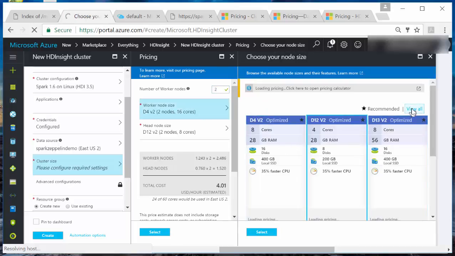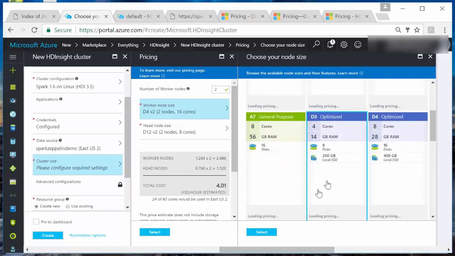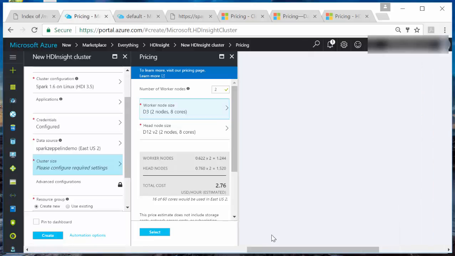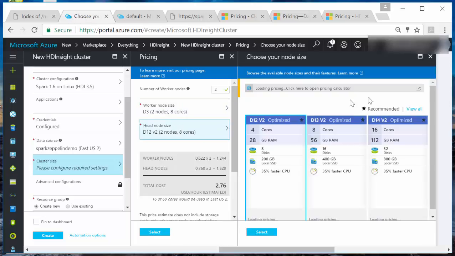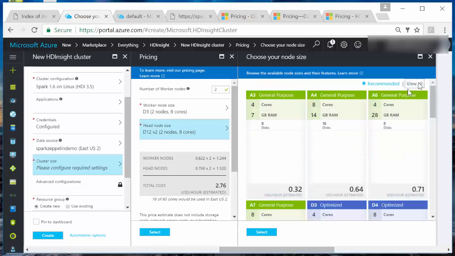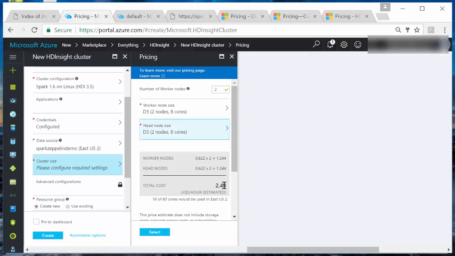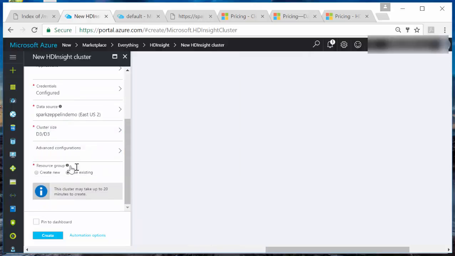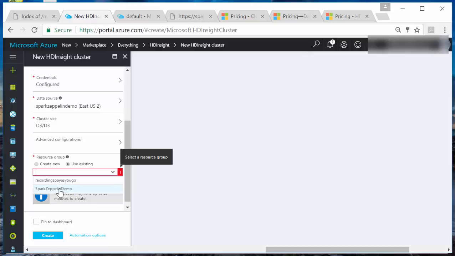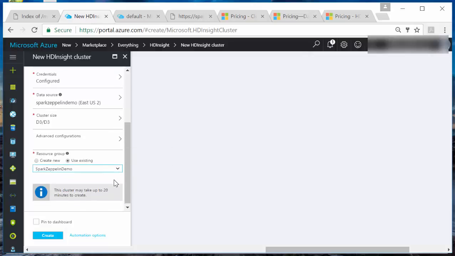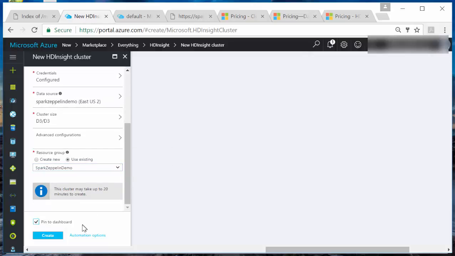Okay, view all, optimized, select. Head nodes. Okay, view all, D3, select. Now we're back down to our 249 an hour. Select a resource group, use the existing one. We're going to use the Spark Zeppelin demo. Okay, I'm going to pin it to the dashboard, create,